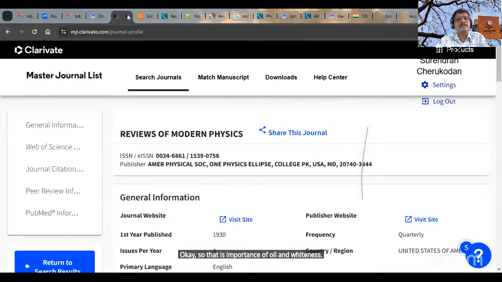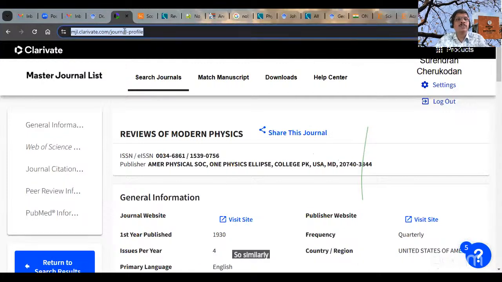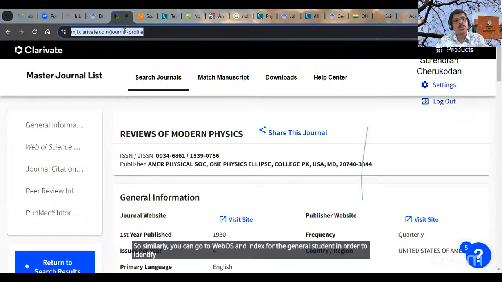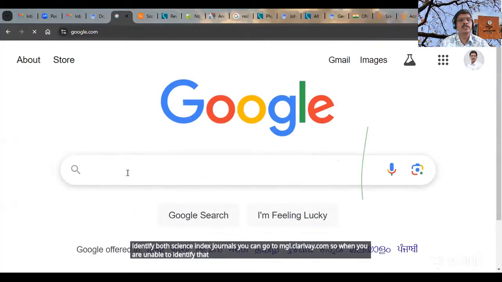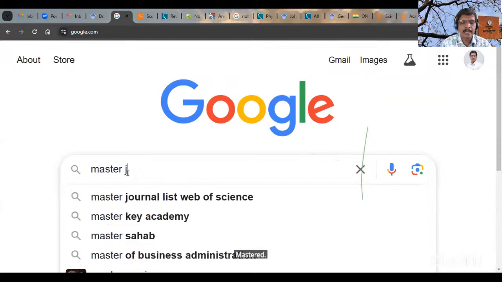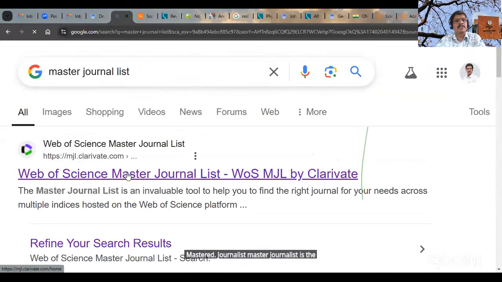Again, if you want to identify if this particular journal is Web of Science indexed, similarly, you can go to Web of Science indexed journals. In order to identify Web of Science indexed journals, you can go to mgl.clarivate.com. When you are unable to identify that, please go to a Google search for master journal list. Master journal list is the master journal list. So this is the search page of